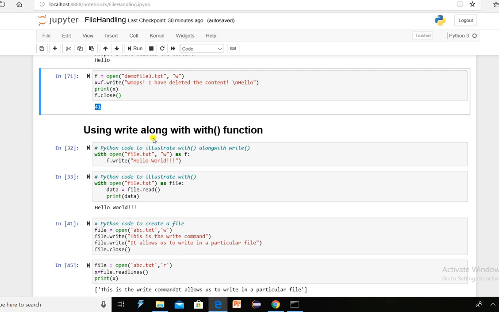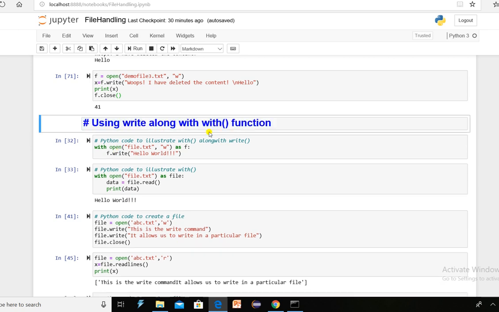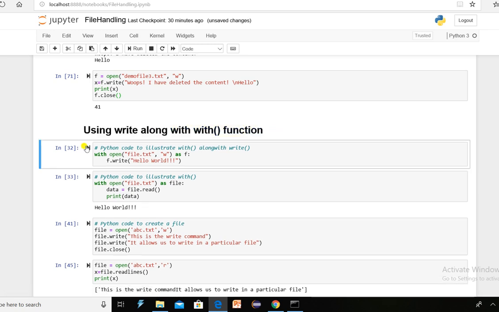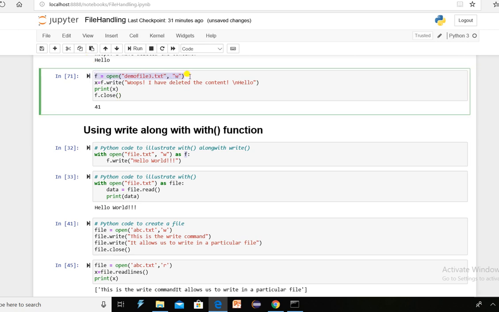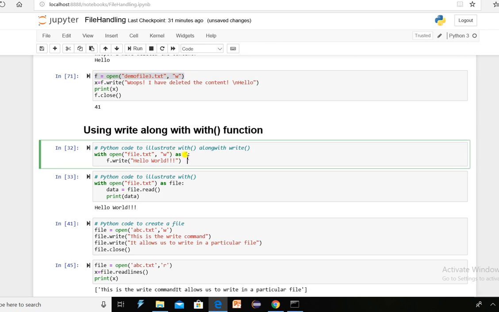Again, using write along with the with statement. The same thing you can do with the with function. You can use with open, then which file you want to open, and the mode as a. This statement you are replacing with the with open, but now henceforth you have to use your name as f, your handler as f.